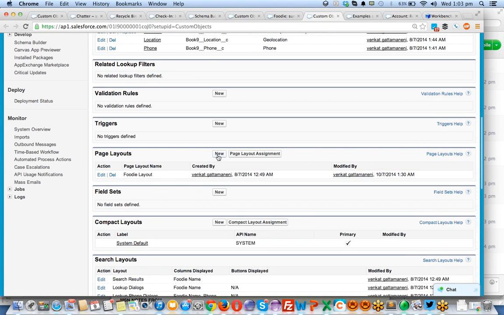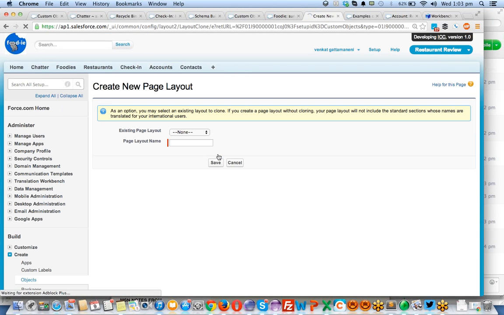Now, I can create multiple page layouts. By clicking on new page layout, I can create the page layout from scratch, or I can copy the layout from an existing layout also. If I am not mapping any existing layout and click on save, that's a completely new page layout from scratch, where the fields are not added to the page layout. Only standard fields like the name field are added. Other fields have to be added again, dragging and dropping each one in the general way, and I don't want to do that.